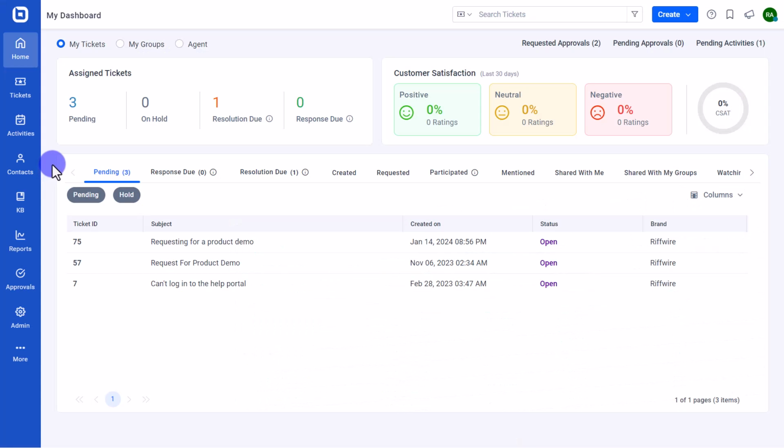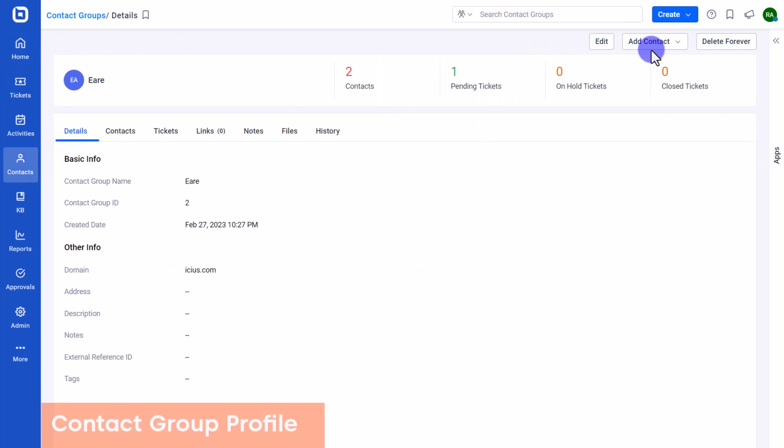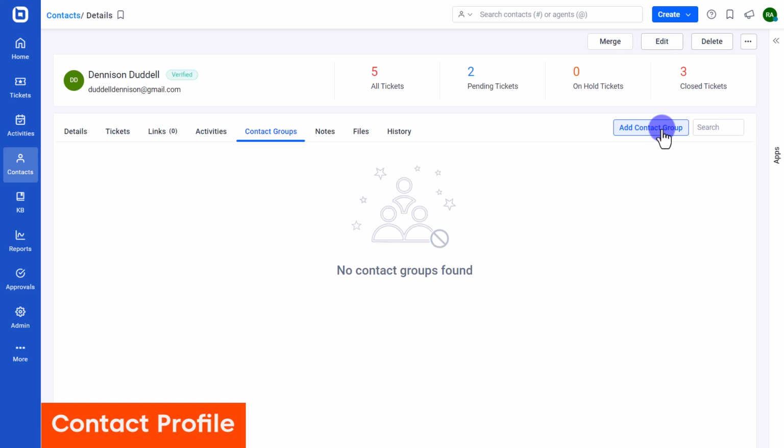Now, let's see how to add contacts to a contact group. There are three ways that can be used to associate a contact with a contact group. First, on the Contact Group Profile page. Second, on the Contact Profile page. And third, through automation. Let me show you how to associate a contact with the contact group from the Contact Group